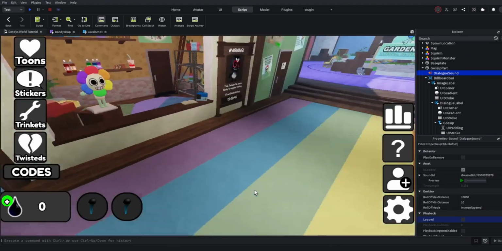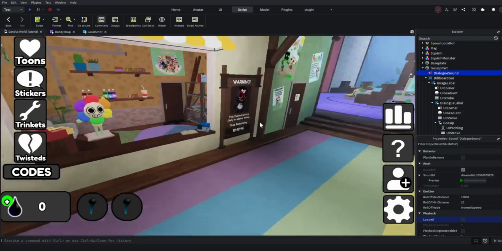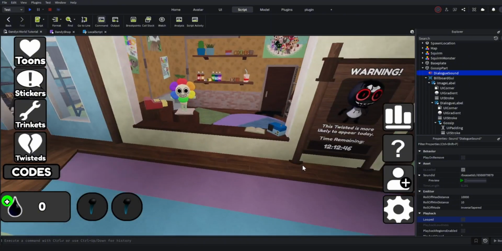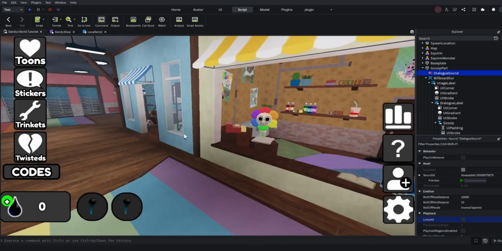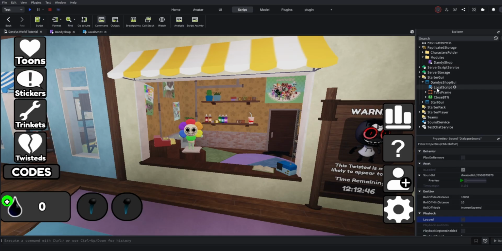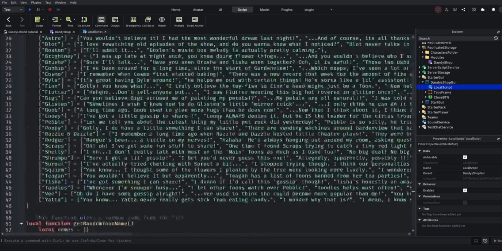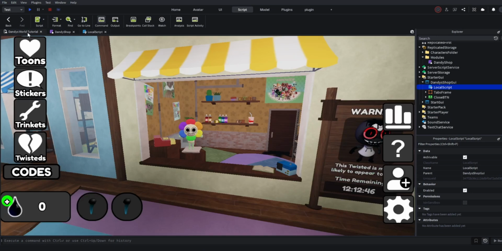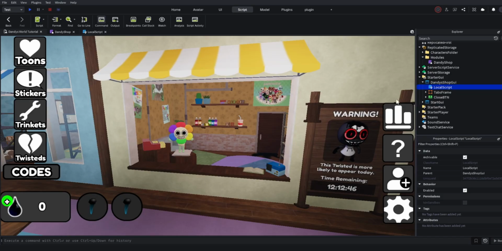I had to cut it and make a new video for this. This is the second part of this part of the video, because the other one had some errors. I fixed it though. So what you want to do, because some of y'all might have the error I had, I'll put the local script in the description. But what you need for the local scripts to work is, actually,